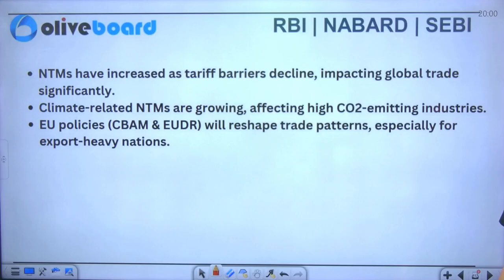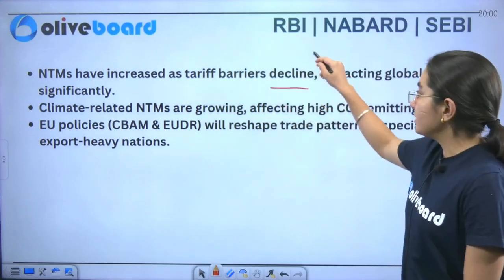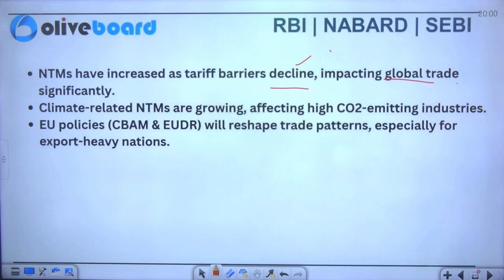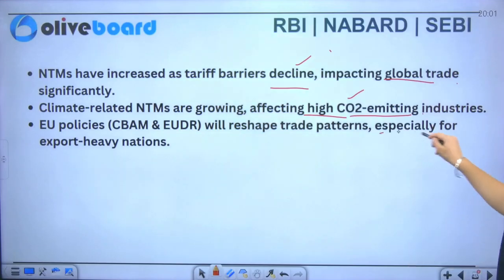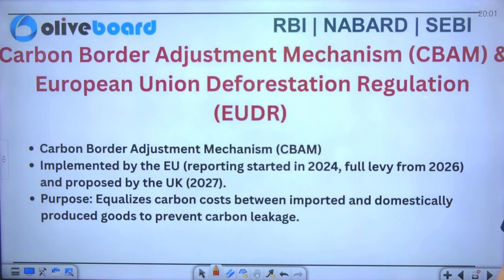Okay. Similarly, you can see that NTMs have increased as tariff barriers have declined, impacting the global trade significantly. Now climate related NTMs are growing, affecting high carbon dioxide emission industries. Similarly, if we talk about the EU policies that will reshape the trade patterns, especially for your export heavy nations. Okay. Now we'll talk about the carbon border adjustment mechanism and European Union deforestation regulation. Okay. So that is the case here. So you can see here that it has been,